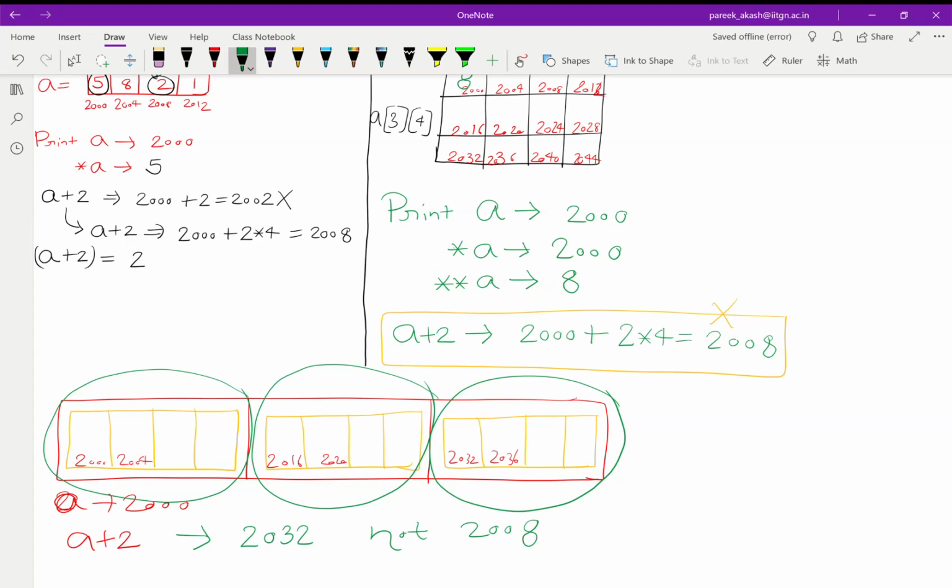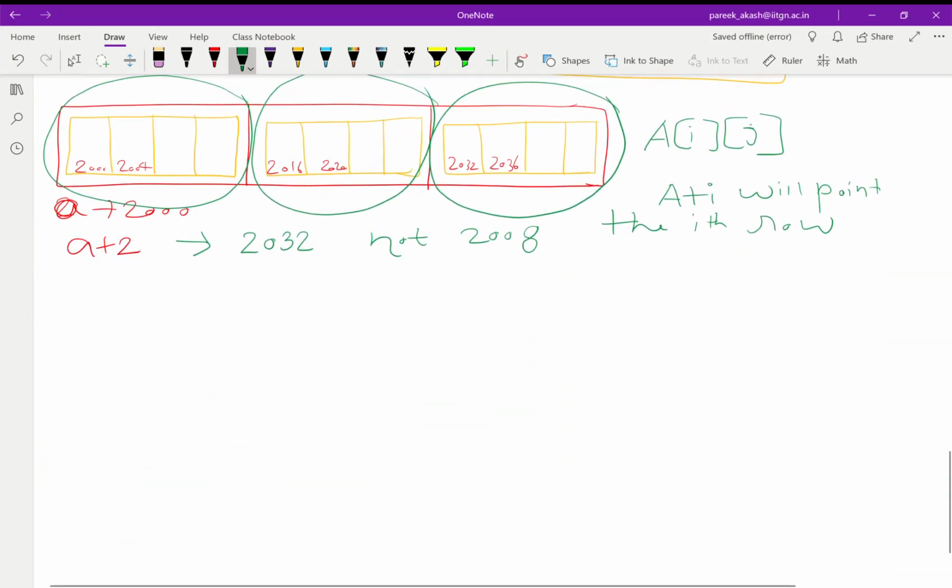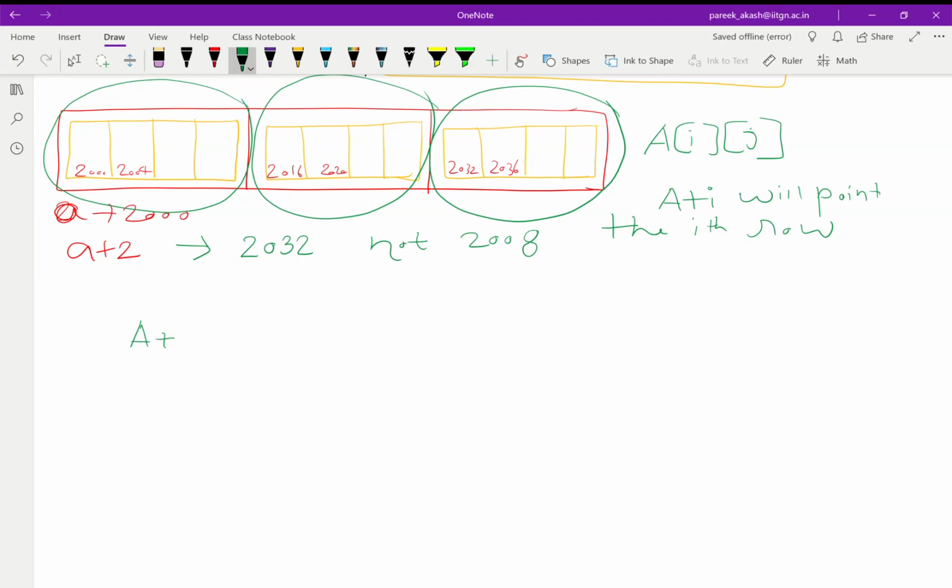So in general, if I have an array A[i][j], then A plus i will point to the ith row, and *(A plus i) will give me the base address of the ith row.